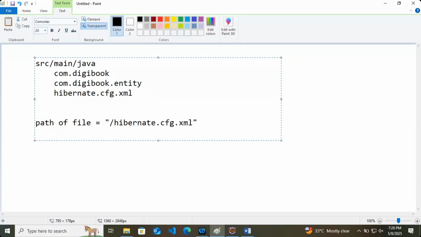Just suppose one case that you have written your Hibernate XML file inside this com.digibook.entity package. You can create it like this.